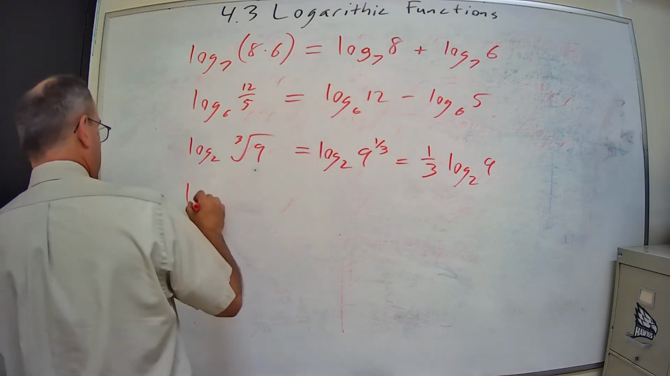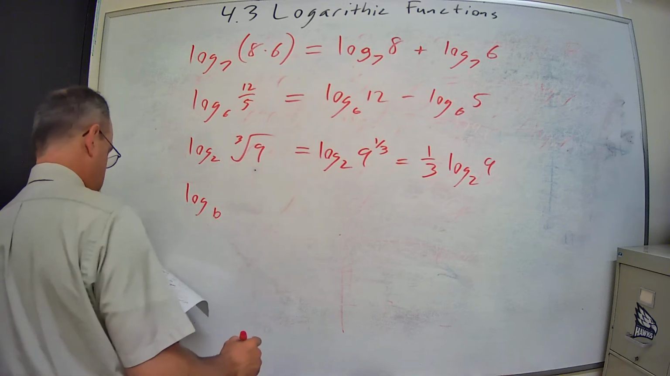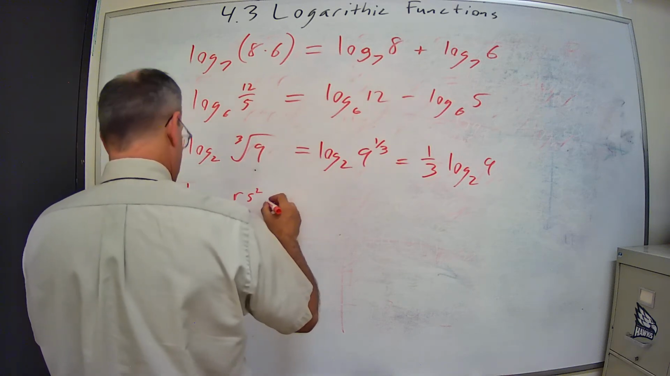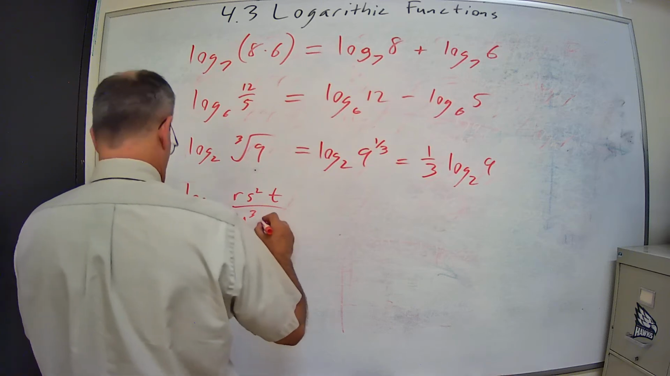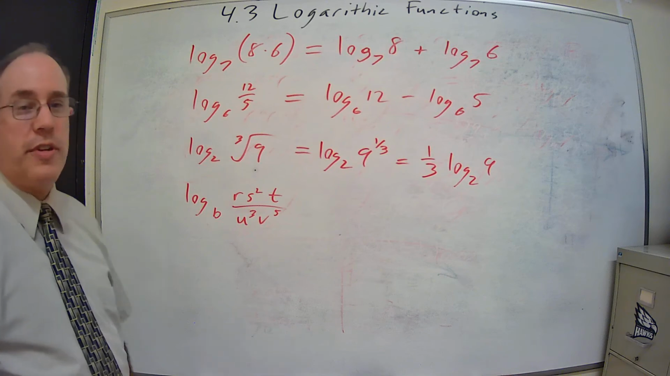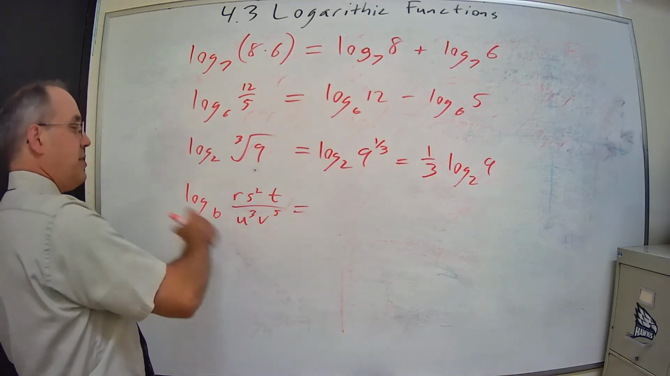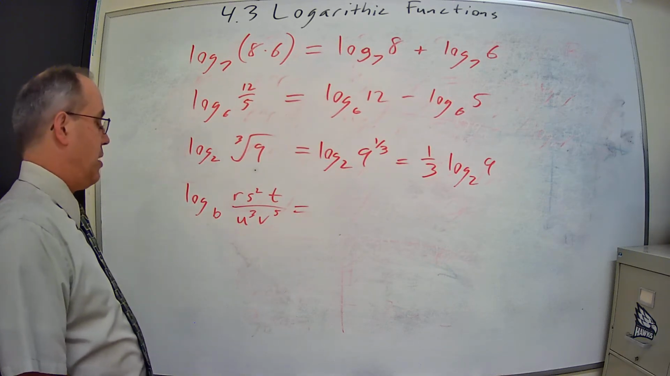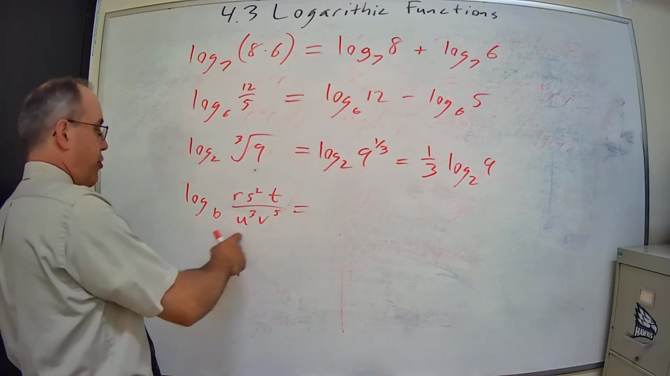Now let's get fun here. Log base b of rs squared t over u cubed v to the 5th. And you go, wow, Mr. Davis talking about jumping out of nowhere, right? So here we go. So this is tying all this together, and there are a few ways we can work through this. I'm going to start by breaking it into pieces and saying, okay, well, first of all, I see